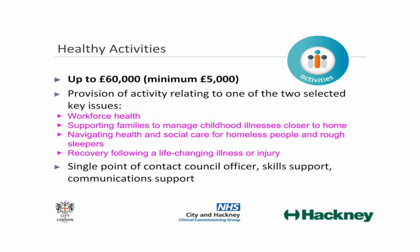And the last priority issue I need to talk about under this stream is supporting recovery following a life-changing illness or injury. So here we're interested in bids which support residents recovering from a life-changing illness or injury, such as cancer patients or people who've suffered head injuries, following clinical treatment and rehabilitation to aid their recovery and allow them to access mainstream services that will help to keep them well, such as physical activity provision. So we're looking to fill that gap between finishing clinical treatment and accessing mainstream services to improve those people's health